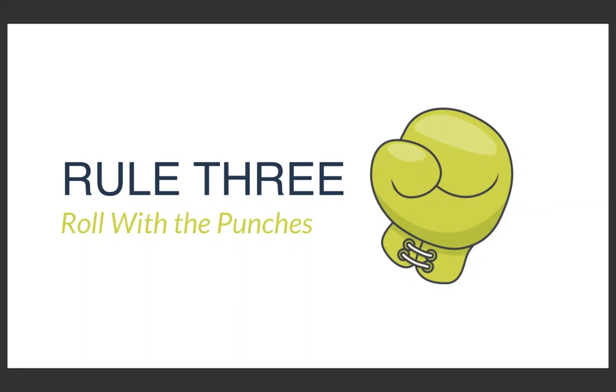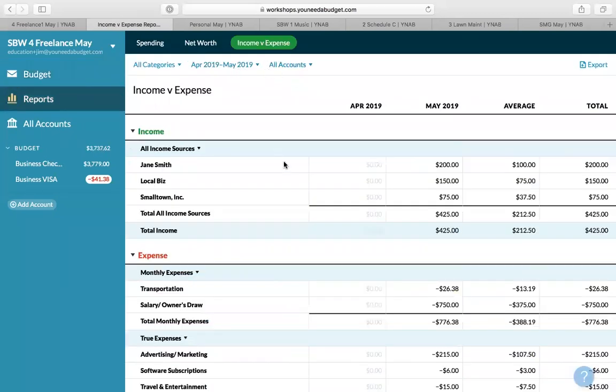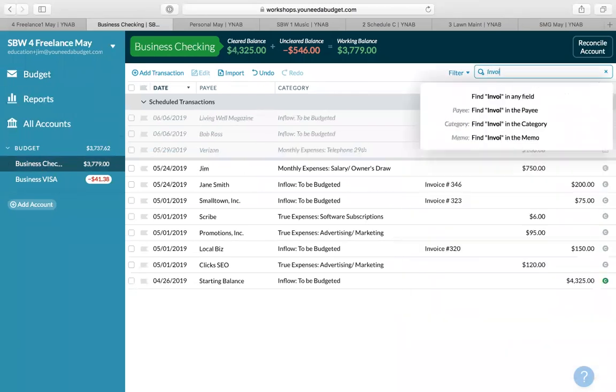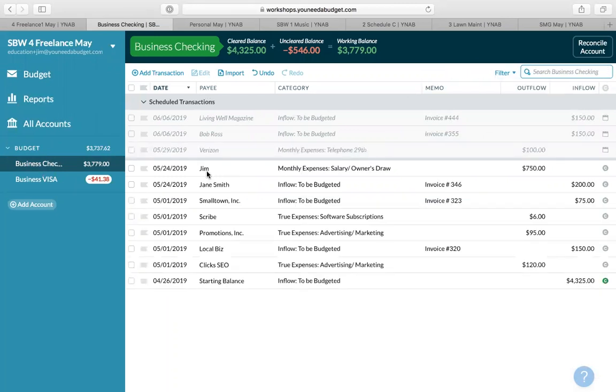But as you track your spending, YNAB is recording all of that data to help you manage your business and for tax time. Now, you can retrieve all that information using the reports section, where you've got income and expense reports available. You can also use the search function in the account registers. This is really powerful as well. If you wanted to search for specific invoices, you can type anything you want in the search field, and it'll find those for you as well. So that's a great way to find different things. You can even export your reports and your data to use in a spreadsheet like Excel or Numbers. But lots of different ways of accessing this data as you're working through it.